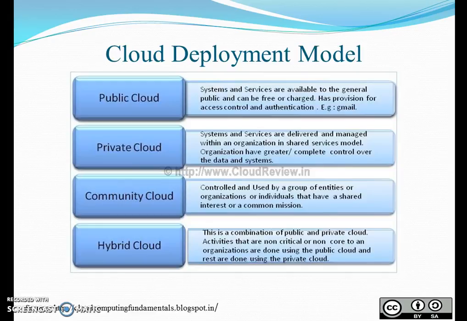Moving on to the cloud deployment model, we have four types or variations of deployment model. They are public cloud, private cloud, community cloud, and hybrid cloud. First, coming to the public cloud, which is quite popular and used by many of the customers, it is available for all the users. Take up an account, register it, and then it's all yours. You can just keep exploring based on your needs.